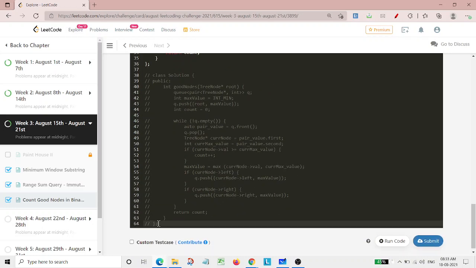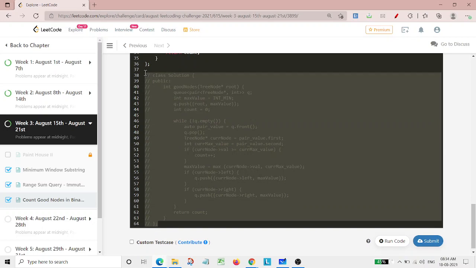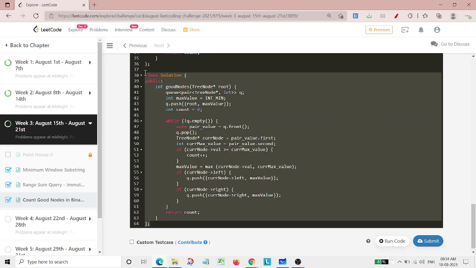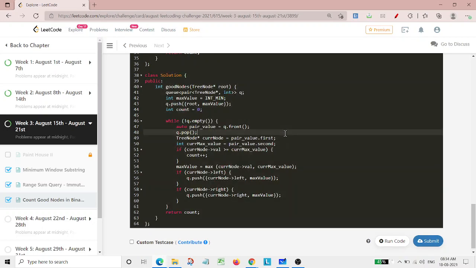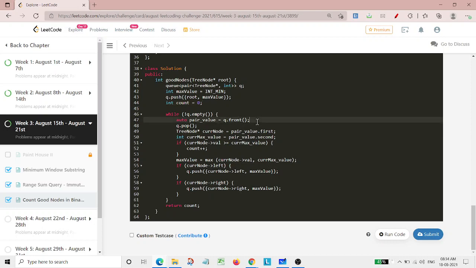Now for the BFS solution, we are simply maintaining a queue, then an int max value, pushing those values into the queue, and also maintaining a count variable. Here we take the pair value, where the queue's front value is, and then pop it out.